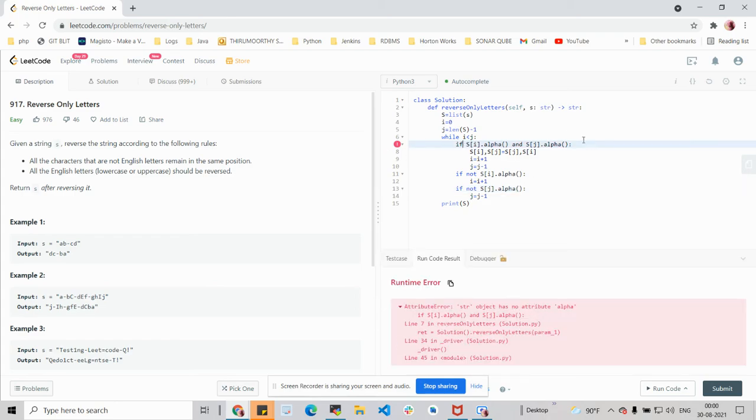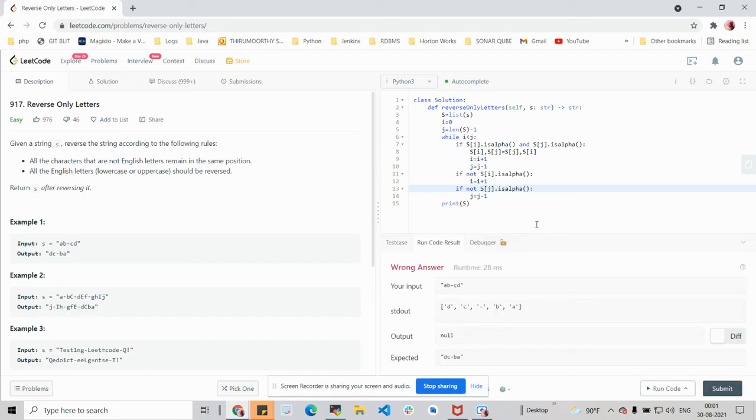Okay, let's see what is the problem here. String has no attribute alpha. Okay, it should be isalpha. I'm sorry. isalpha is the inbuilt function name.